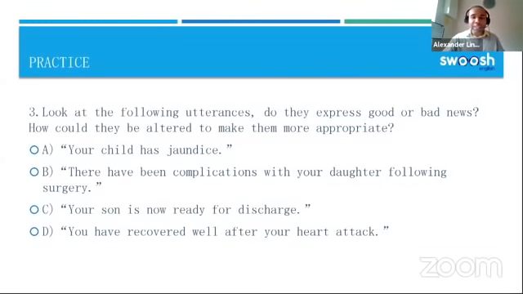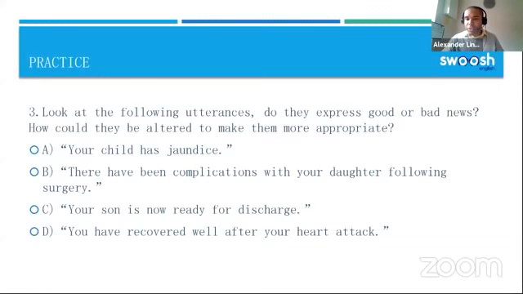Arkar, relating to B: I'm really sorry to inform you that she has had some complications after surgery. Yeah, so again, showing that empathy for the parent in this case. I'm really sorry to say that there have been some complications following surgery, and then obviously you want to get on to what can be done to try and improve the situation. But yeah, definitely using some kind of phrase such as this is really important.